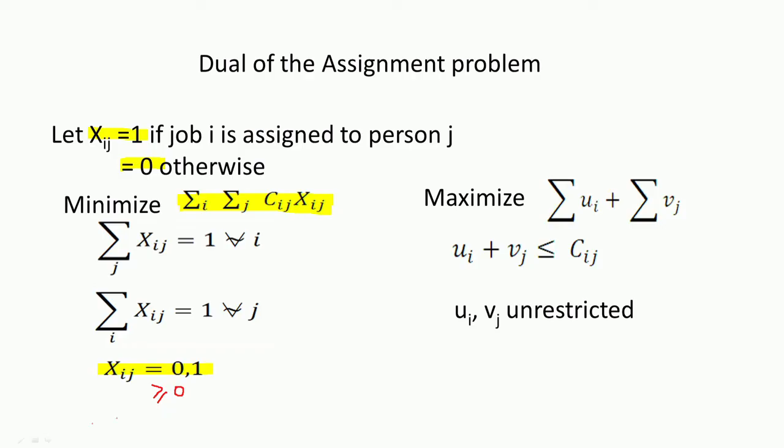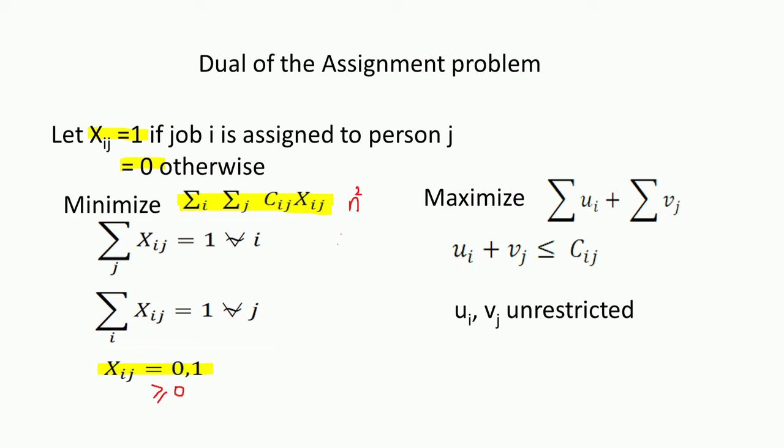I have not highlighted the unimodularity property, though I mentioned it when we looked at transportation. The same thing is true with the assignment. So, if we solve it as a LP, you will still get binary values, you will get a 0 or a 1. So, we treat this variable now from a binary variable to a continuous variable. Now, the moment we treat it as a continuous variable, it becomes a linear programming problem. Objective function is linear, constraints are linear, variables are continuous, and there is an explicit non-negativity restriction on the variables. So, we can now write the dual. Now, when we write the dual, we realize that there are n square variables here,